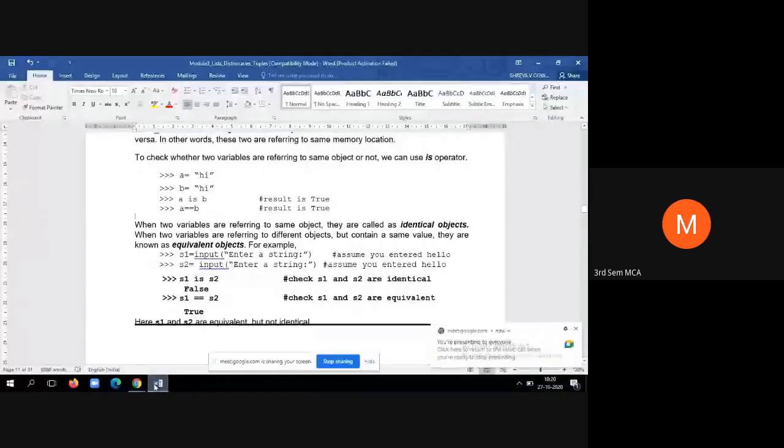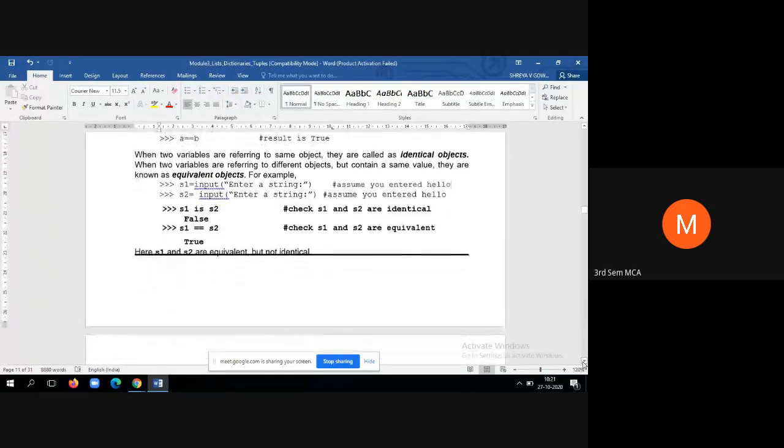Students, I was telling, we need to understand the meaning of identical elements and the meaning of equivalent objects. Identical objects means, say you create one element, you store some value, and you create an alias or a link for that. That is called an identical element. The concept of aliases is nothing but identical elements. But if you store the same value in multiple variables, those objects are called equivalent objects. So you should not apply the is operator for those equivalent objects.